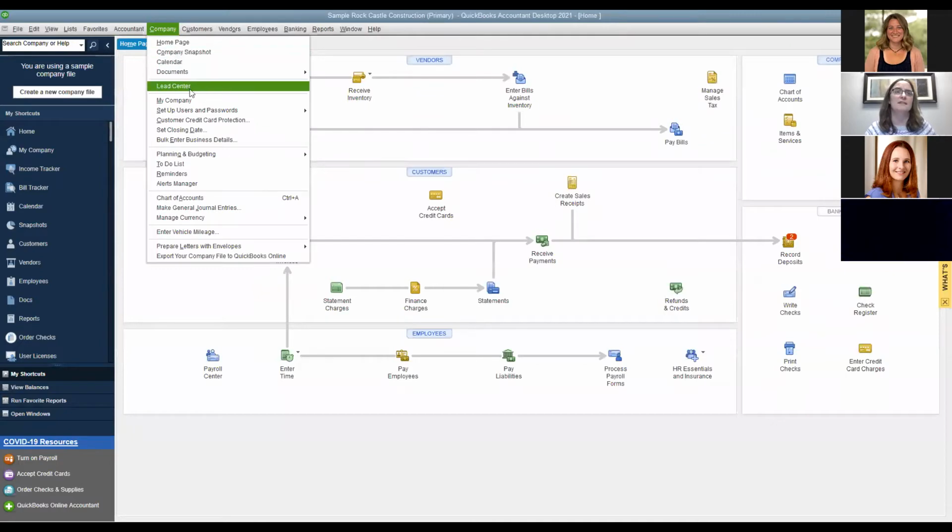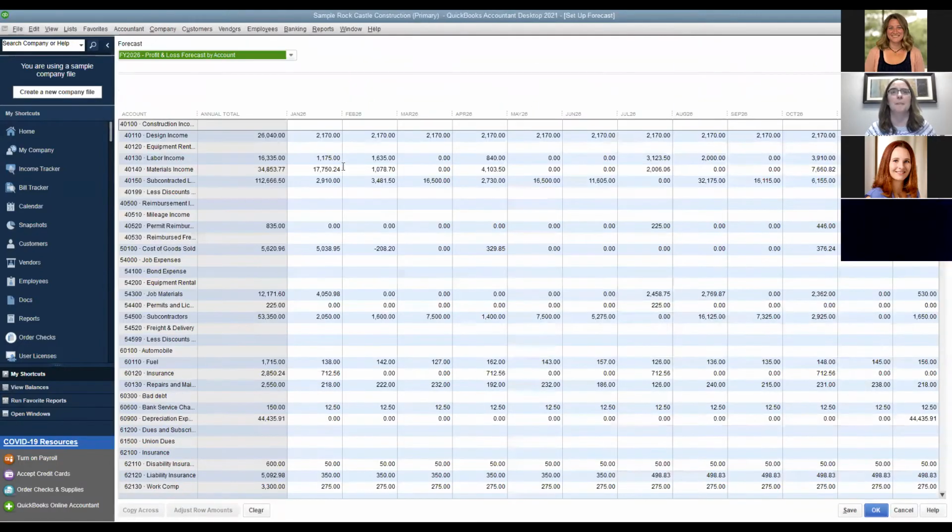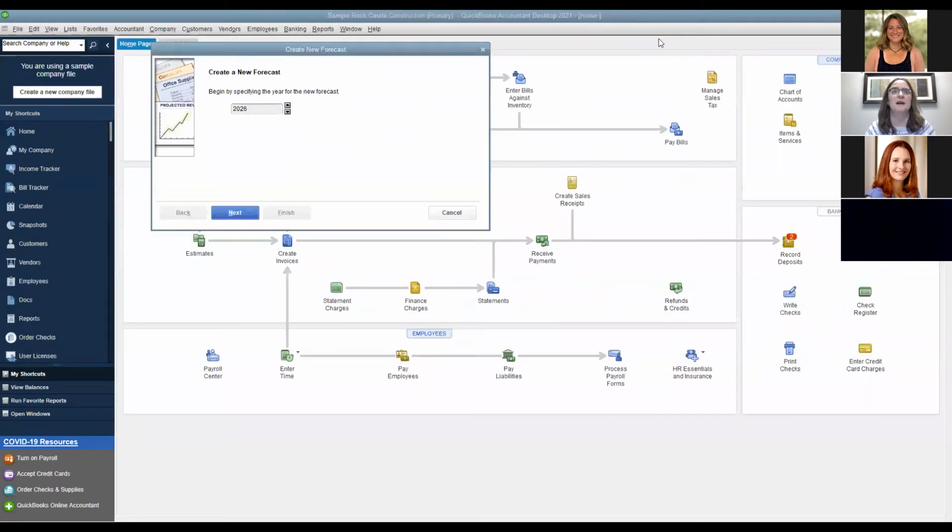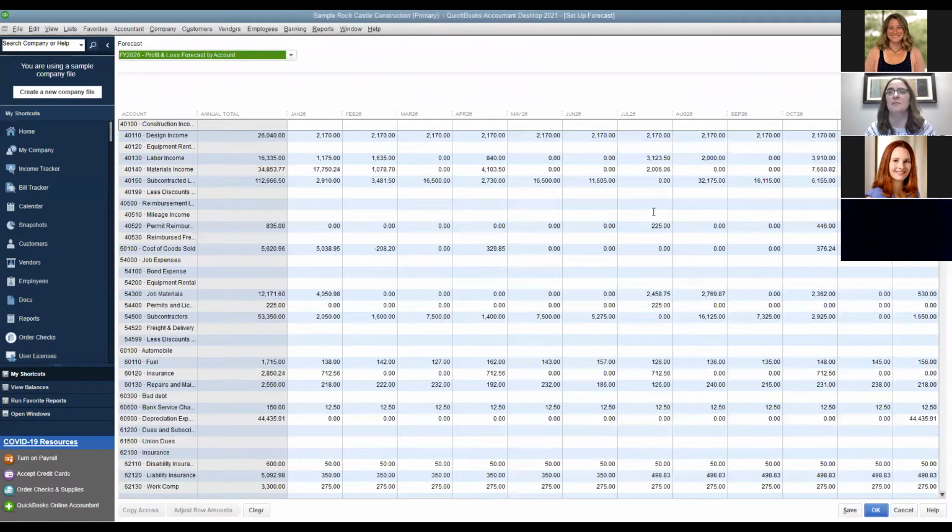Then, not that it's a lot different, there's also a forecast you can set up. Now the forecast works just like the budget. You'll have any options that you have saved available to pick from. And when you create a new forecast, again, you pick your year. Then you select your same criteria if it's just by accounts or if you're involving jobs or classes. And it has all the same edit and